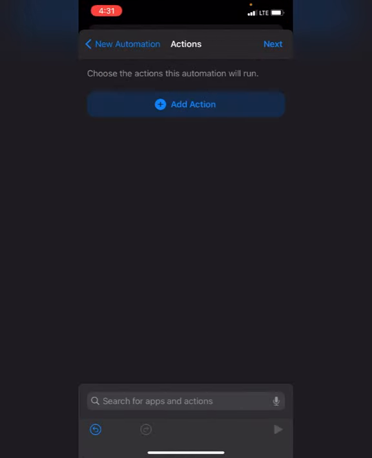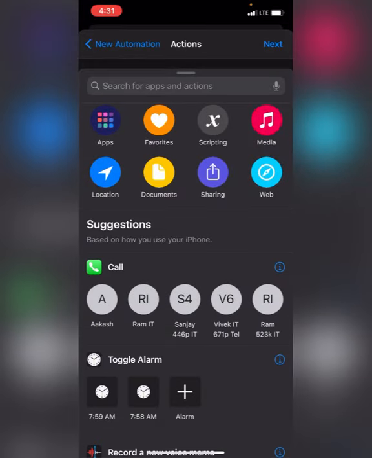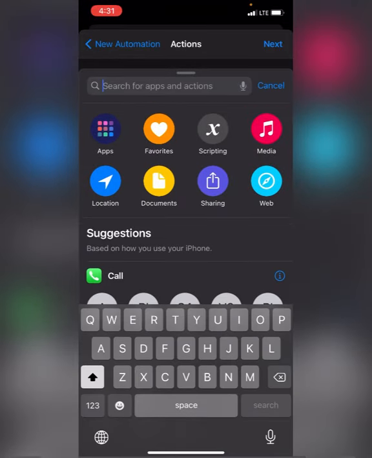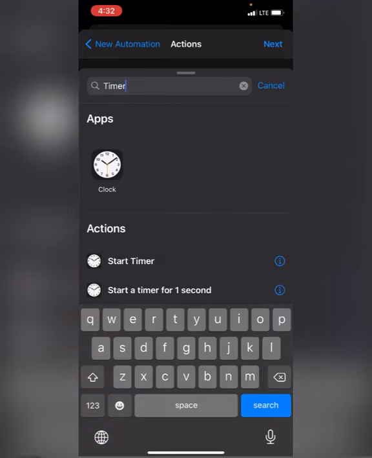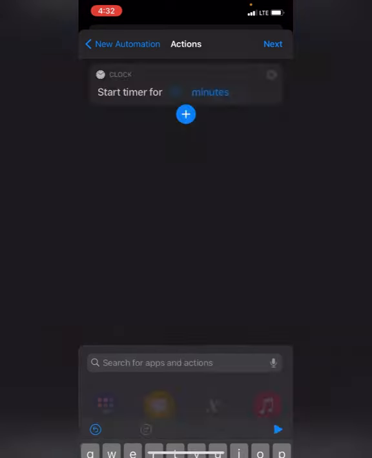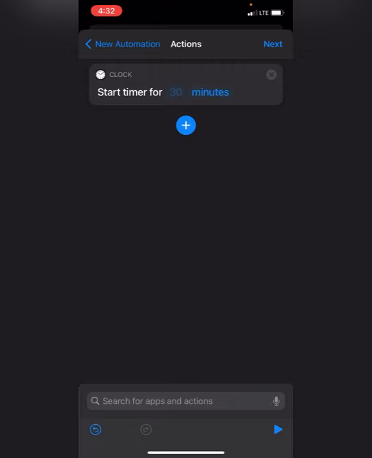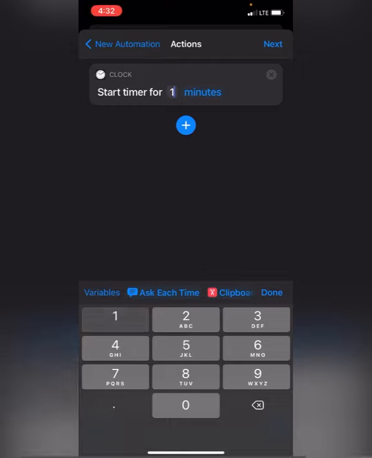So you can see that, click on Add Action. We can even write a script or something else like that, so it's very useful for many automations. So now I am setting a timer. Here you can see an option called Timer, Start Timer. So I am clicking on it. Initially they have given 30 minutes or something like that. I am setting it to 1 second.